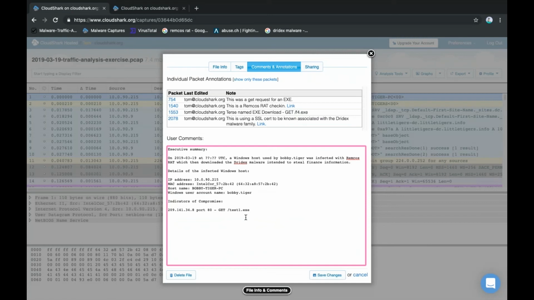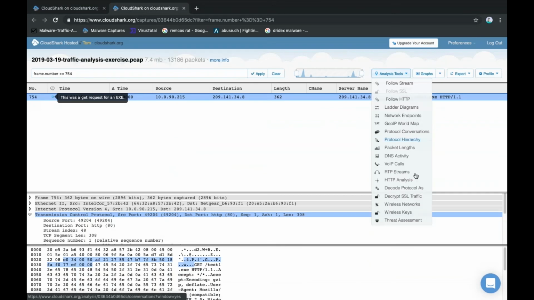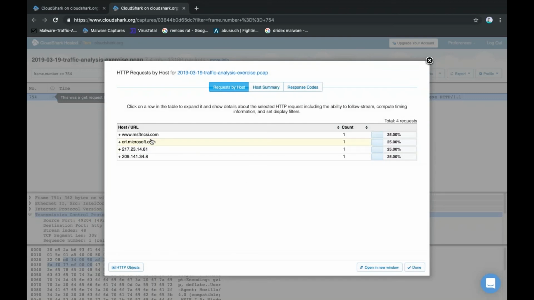So we downloaded that, and we saw it looked like Remcos RAT. We're going to take another look at this as well. Let's go in and look at HTTP objects. Since this was transmitted over HTTP, you can see the GET test.exe right here. In CloudShark, we can open up our HTTP analysis tool for HTTP objects,